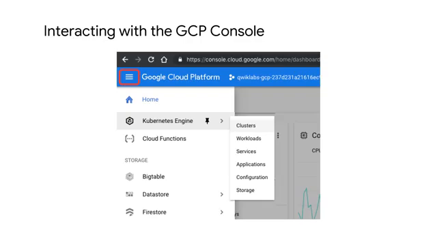Now you can sign in to the GCP console from a web browser at console.cloud.google.com. All GCP services are accessible through the simple menu button in the top left-hand corner. You can pin frequently used services to this menu. You'll learn how to use the GCP console during an upcoming lab.